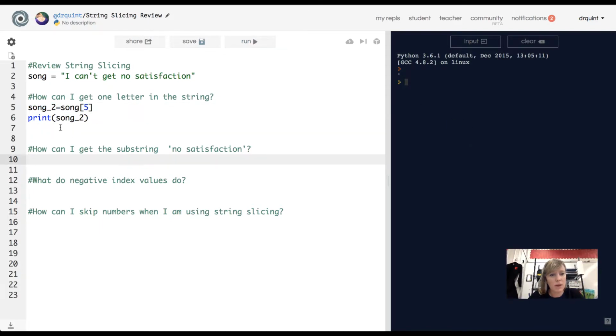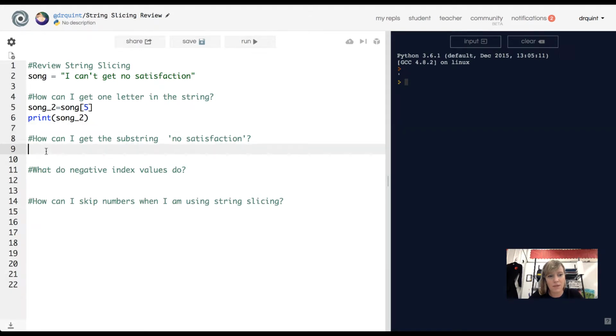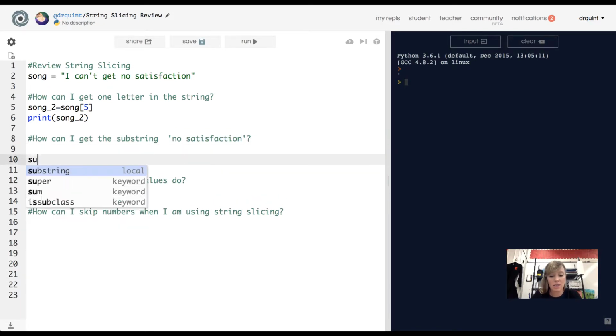Okay, so let's say that I want to get a piece of the string, not just one individual item in the string, but a range of values inside of the string. This is actually called a substring. The question is, how can I get the substring "no satisfaction"? So I just want to get that substring. I'm going to store it in a variable called substring1, which is equal to